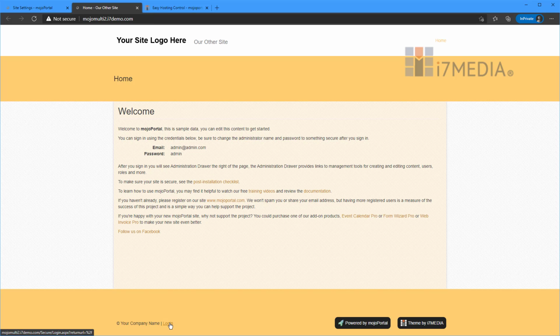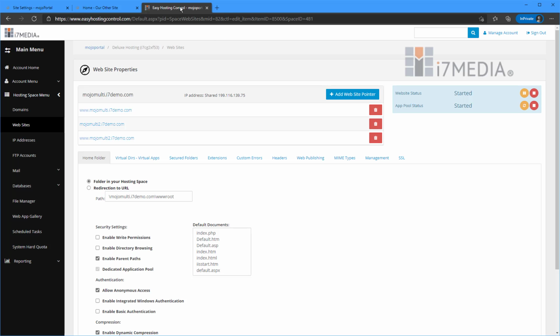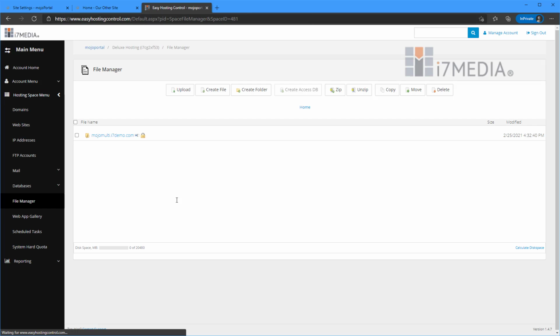Got our login. Now this went ahead and created a new login though. So that might be exactly what you want. You may want to set it up so that it has the same login information on each site. So what I'm going to do is, if we wanted to do that, go back to my control panel, and in the file manager,